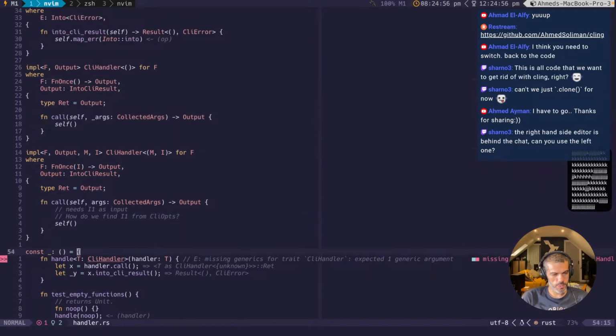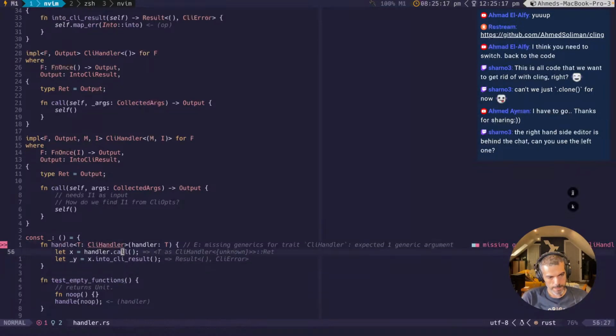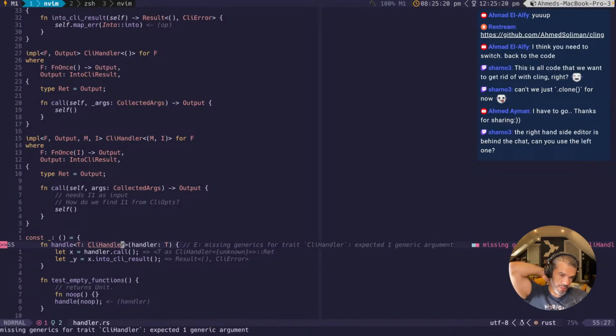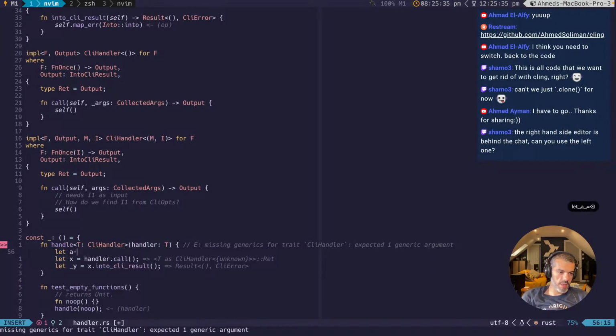Missing generic, of course, because we need to now define the type of input. And that's not cool, because I didn't want this. I mean, the CLI handler that we expect here should be generic over whatever. Okay, no, actually. Well, first, a call needs to take input, and the input here should be collected args somehow. So let's say A, the type is collected args,